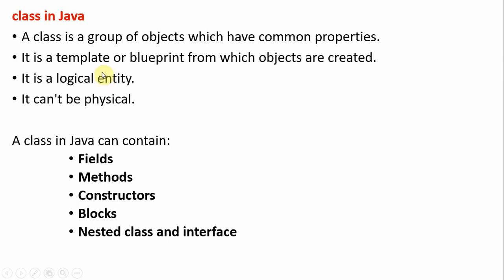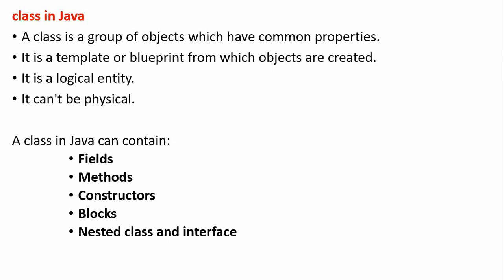That's why they define a class as a logical entity, an imaginary one, which we cannot touch and feel. But an object will always be a physical, tangible one. Only in some specific cases is it intangible. And the next one, class. What is there in a class? Actually, objects are used to access the members of a class. An object is nothing but an instance of a class. What does it mean? Objects are used to access the members of a class.